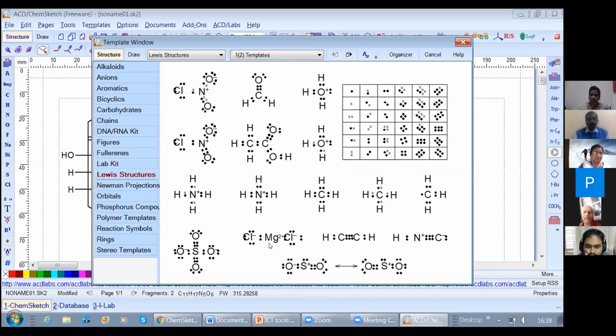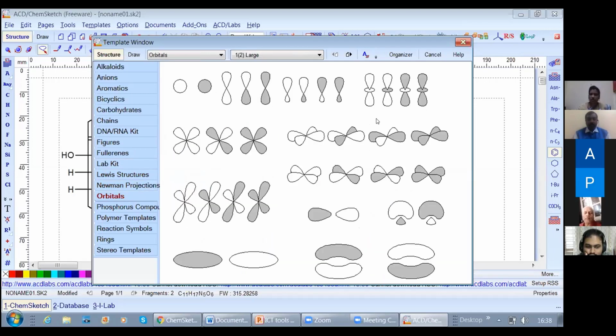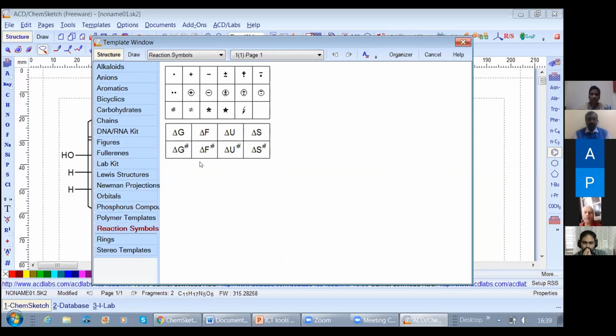Lewis structure is there. Then Newman projections, orbitals. So orbitals also, s orbitals, p orbitals, everything you can show. Then phosphorus compounds. So there are different phosphorus compounds, that also. And then reaction symbols.